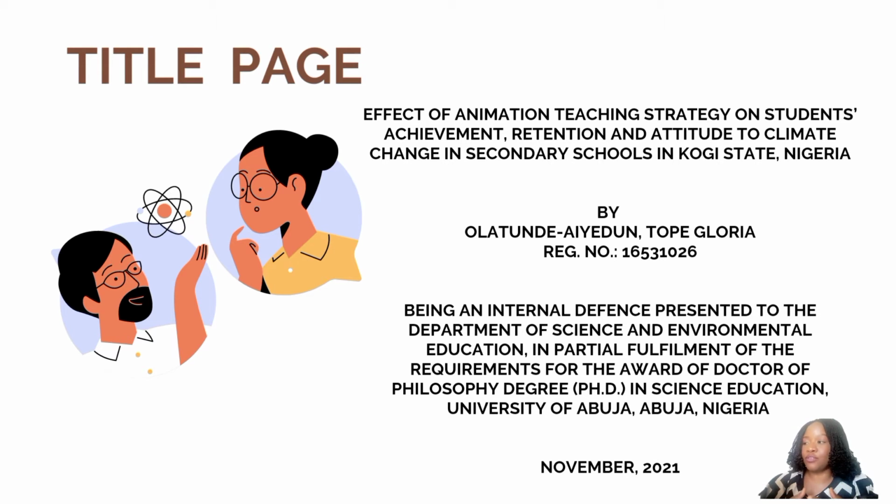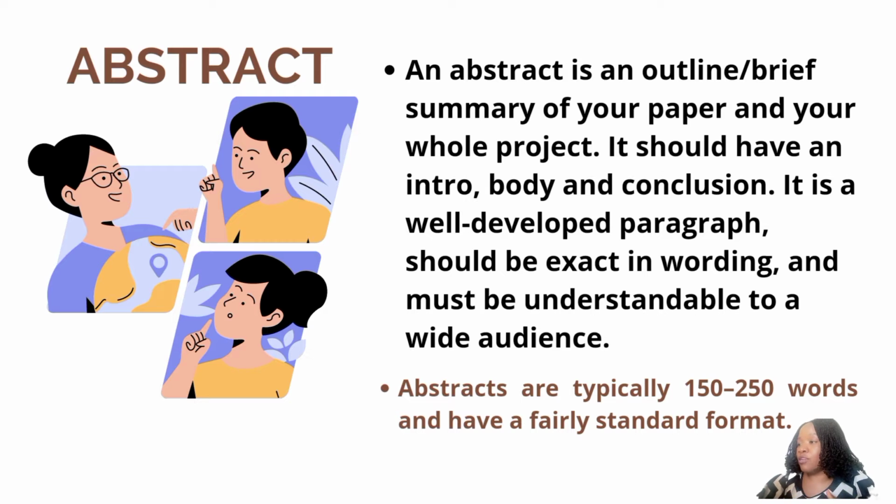So what is an abstract? You need to have the basic knowledge of an abstract. To simply put, an abstract is an outlook, a brief summary of your paper, of your whole project. It should have an introduction, a body, and a conclusion. An abstract must have an introduction, a body, and a conclusion. And everything should be summarized within a reasonable paragraph, just a paragraph that can summarize what everything is all about